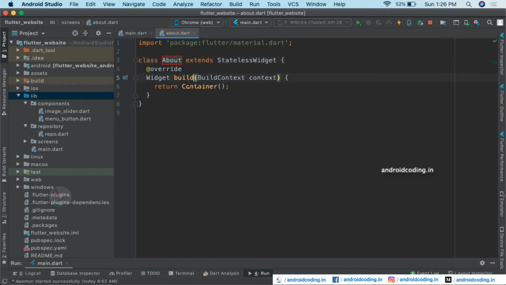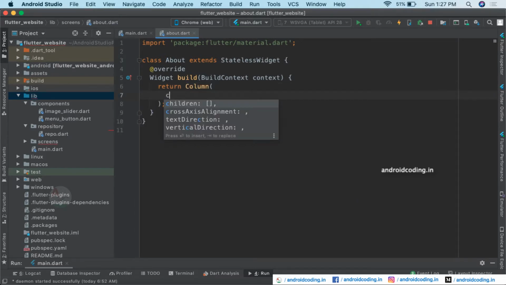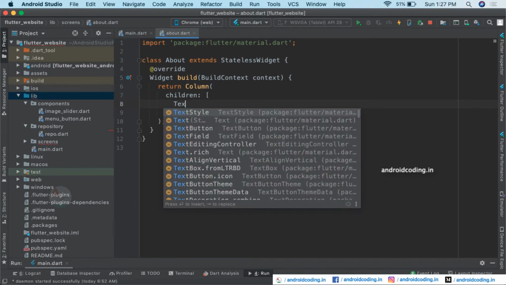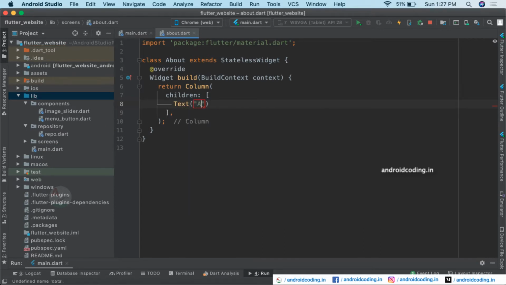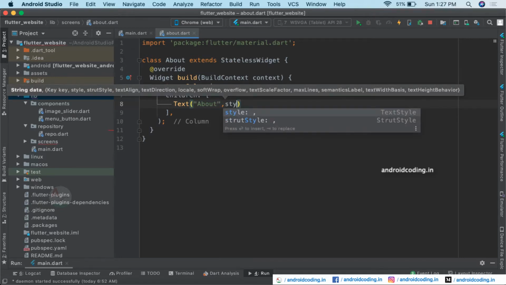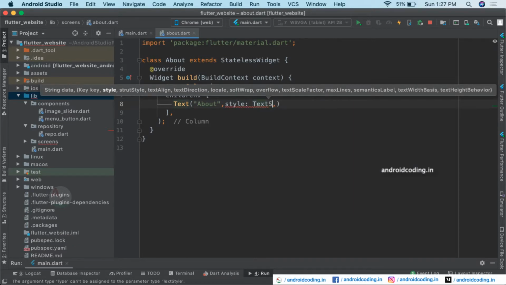So here instead of container we will be returning a column inside which provide the children, and we will be having one text widget for now. So we will be providing the name to be about, and here also we will provide the styling for our text field here.